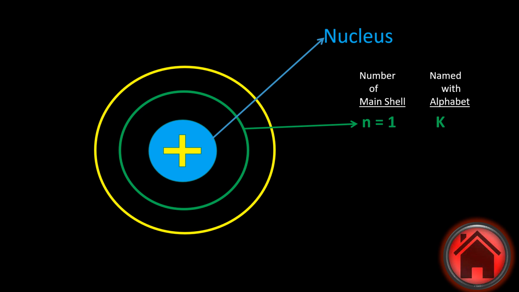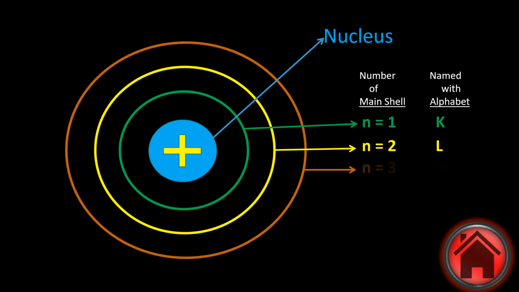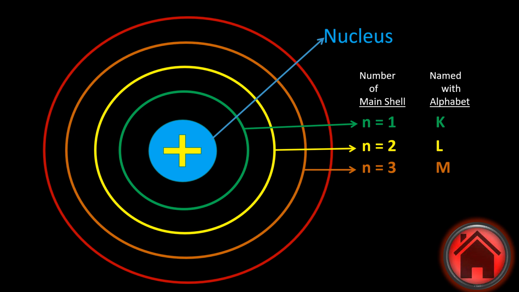Now coming to the second shell, that is n equals 2. The principal quantum number is represented with the letter n. The first one, which is close to the nucleus, is referred to as 1. From there onwards the numbers go on increasing. Whenever the number increases, the size of the orbital also increases. If n equals 3, then it is the M orbital. Then n equals 4 is for the N orbital. Children, are you getting my point?